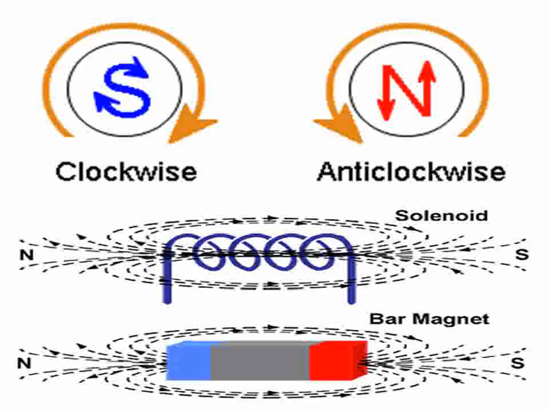Similarity between the magnetic field of a bar magnet and a solenoid. Lines of magnetic field are produced from the north pole of the magnet and terminate at the south pole. Similarly, in the case of a solenoid, it is just like that. All the characteristics are similar to the bar magnet's magnetic field lines, and if the direction